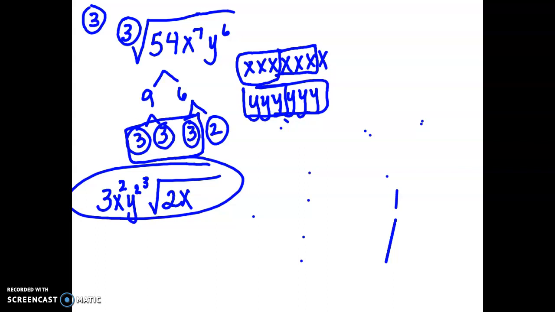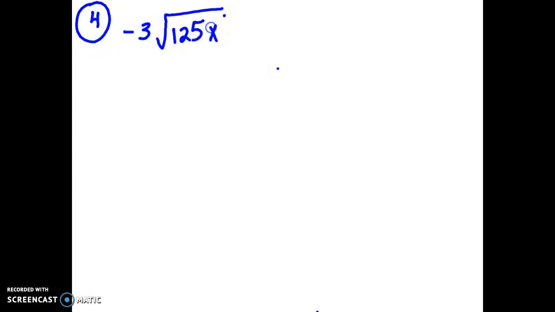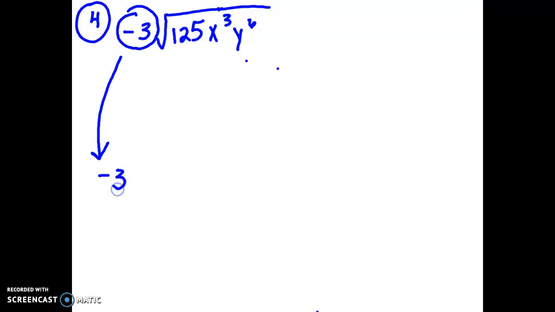Okay, so another example we'll do will be number 4. So I'm going to give us a new page, clear the page off to make some room for number 4. Okay, so number 4 is negative 3 times radical 125 x to the third y to the 6th. Notice we have a number outside of the radical, negative 3. We're going to bring that down to the bottom so we don't forget about it because we want to multiply